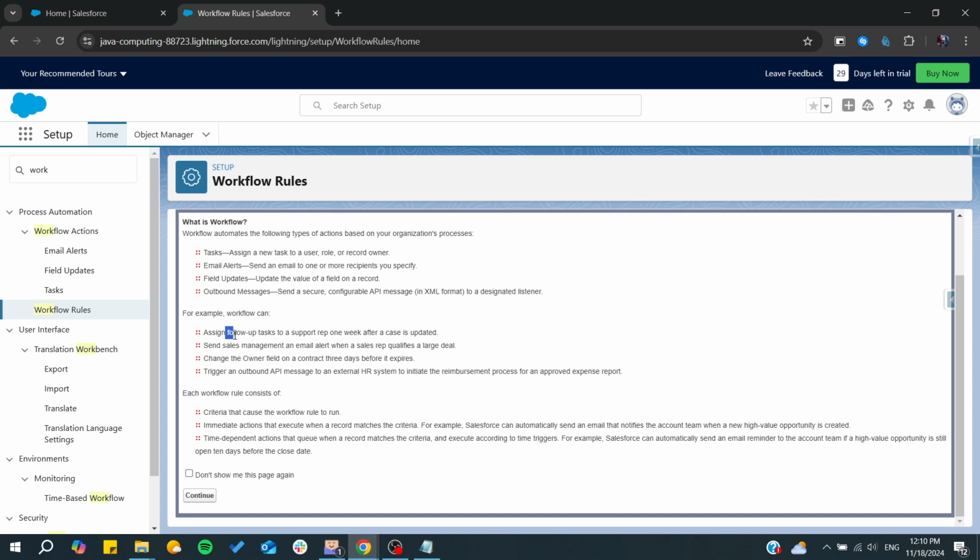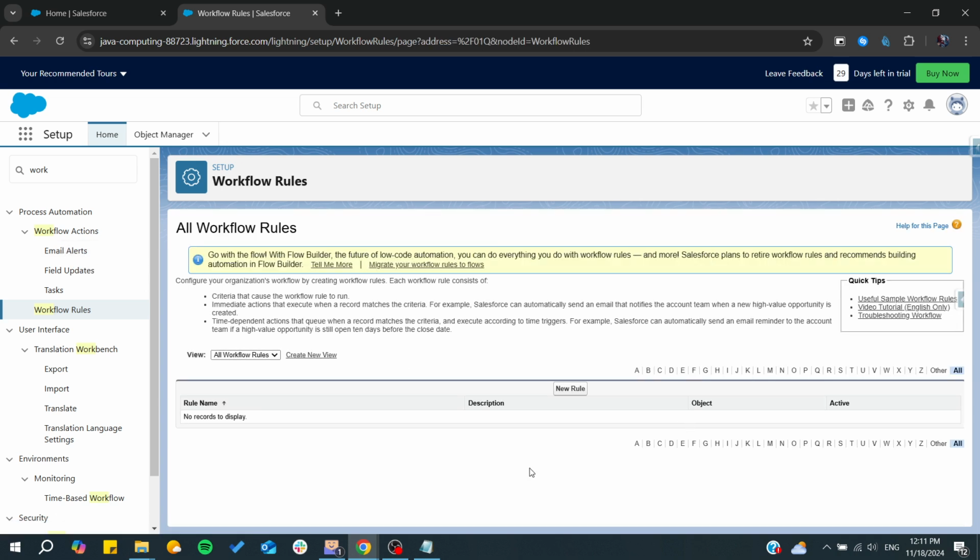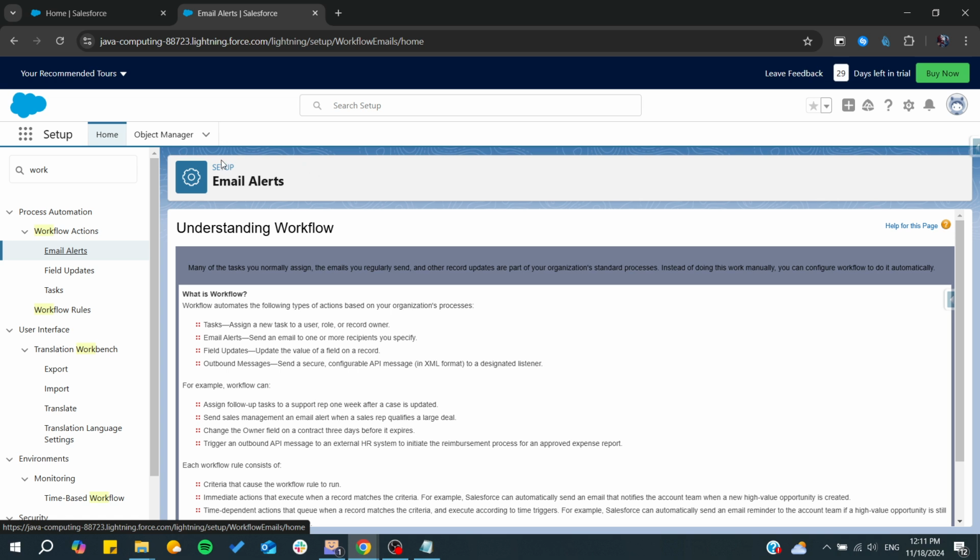So as you can see, this is the follow-up task for this workflow and the send sales management and email alerts, which is this kind of automation or workflow, etc. So if you go to continue, you will be able to trigger a workflow or any automation depending on some rules. So let's go for example to email alerts and you want to create some email alerts automation or